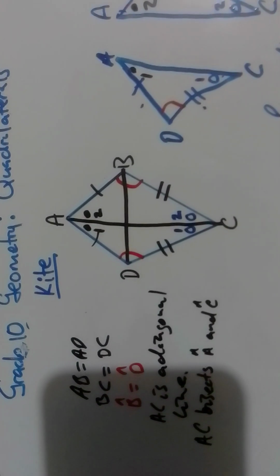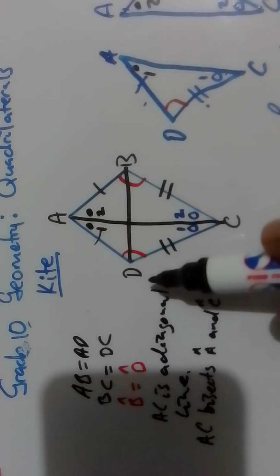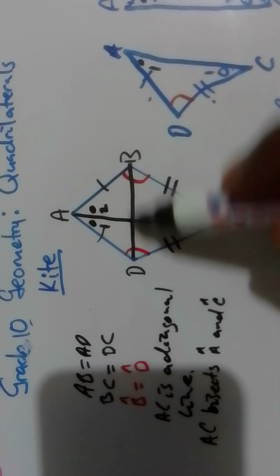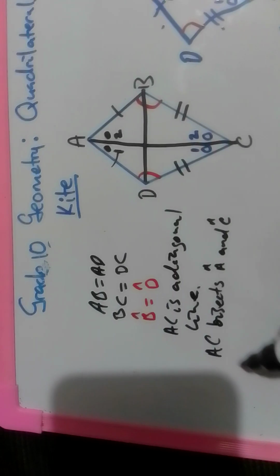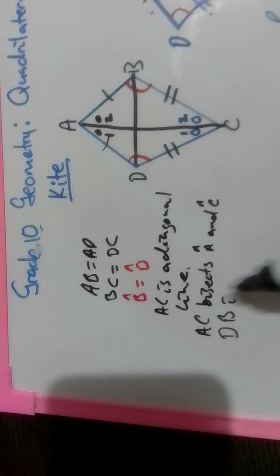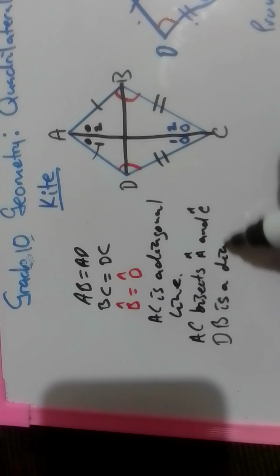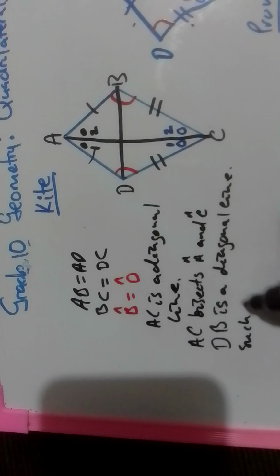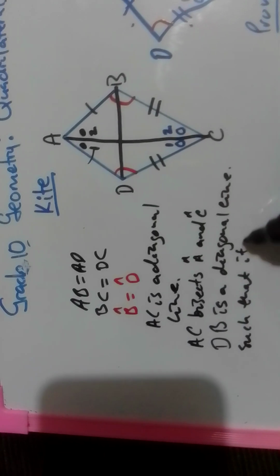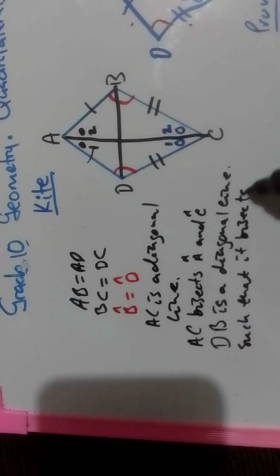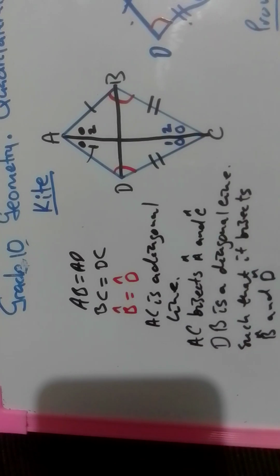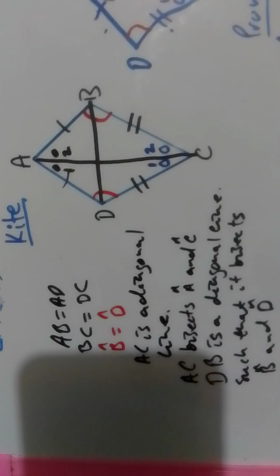When we draw diagonal line DB, now what do we create? Diagonal line DB bisects angle D and angle B. So we say DB is a diagonal line such that it bisects angle B and angle D. So because they've been bisected, we are now going to talk about the fact that here we have